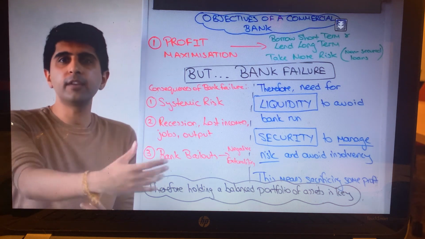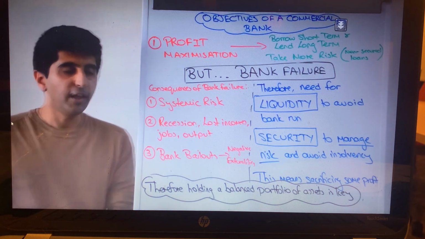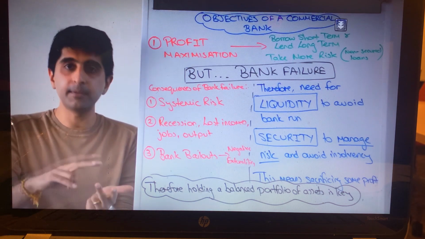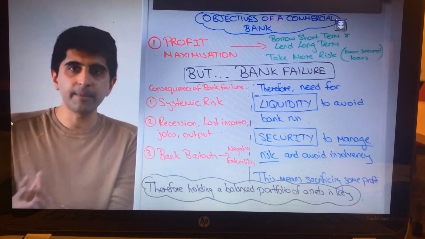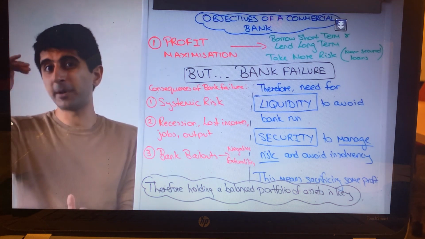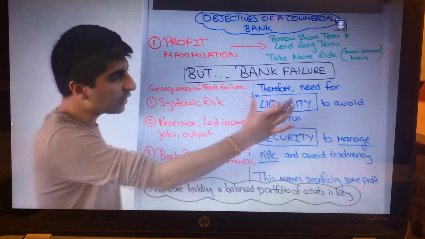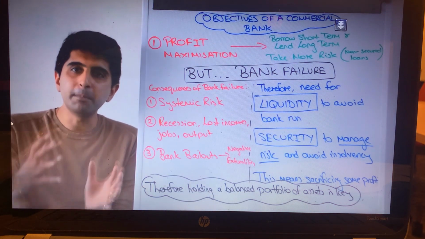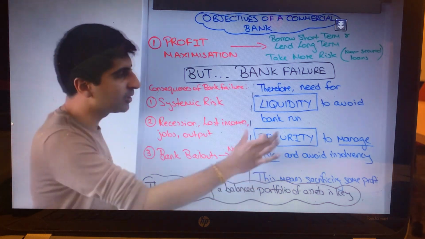So for example, reserves at the Bank of England, you'll only get bank rate. For example, if you lend in the interbank market, you only get LIBOR, and LIBOR, the London interbank offer rate, tends to follow the bank rate, which will be much lower than if you offer loans, longer term loans, which give you a much higher interest rate. So you sacrifice a bit of profit to keep short-term liquidity, to make sure you can meet your short-term liabilities to prevent a bank run.